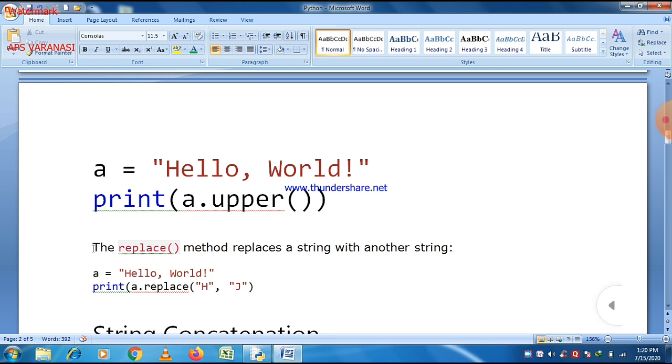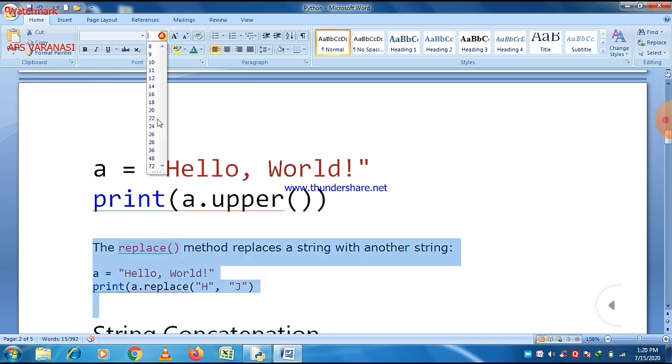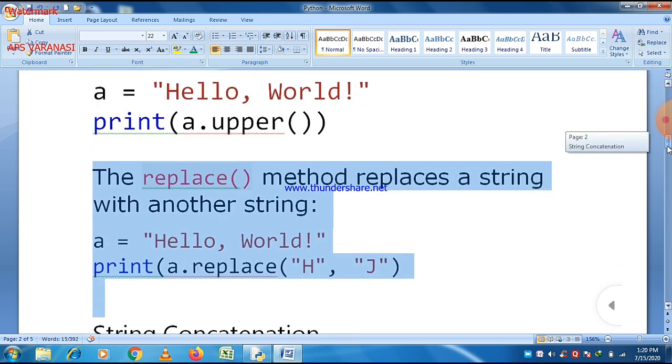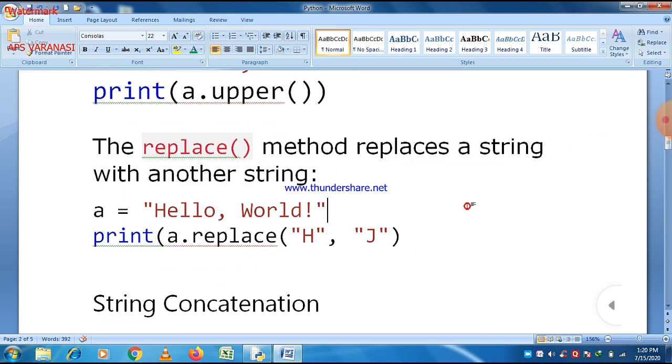And our next topic is replace. As the name says, replace. Basically it replaces a character with another character, and the syntax is very similar to upper and lower. Just write the name of the string first, then replace, and within parentheses write the character which you want to replace.